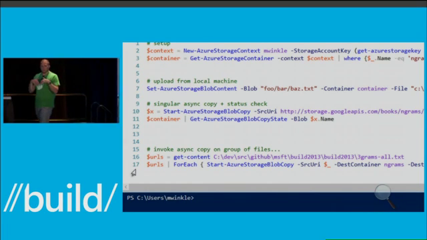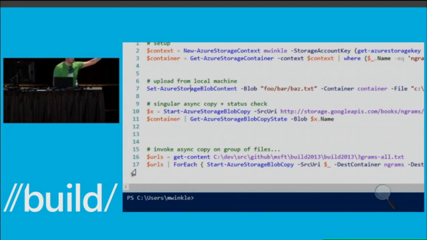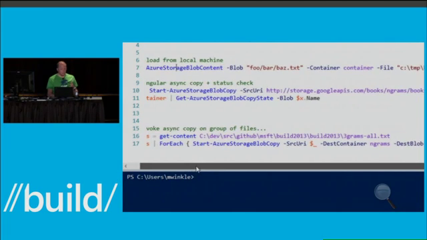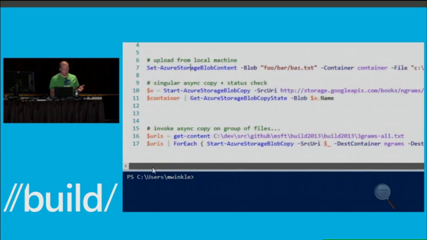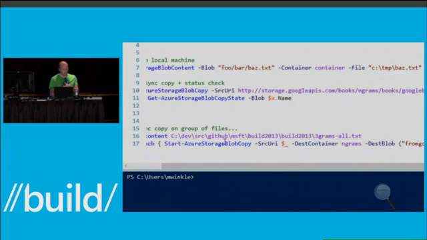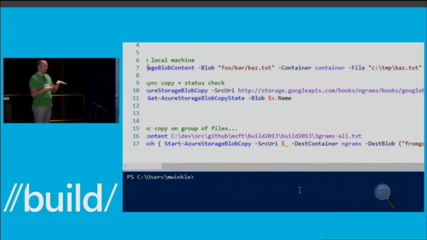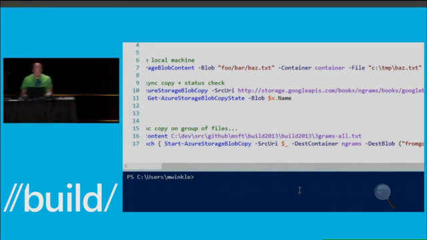I don't have to download that to my machine. So I can just say, hey, Azure Blob Store, I'm really interested in this URI. Go get this. Where that starts to get really interesting, and to help me with this problem, is I wrote a little thing where I extracted out all the URIs into a text file. There's about 760 of them. I just iterated over that set of URLs calling start Azure Blob Copy. What this did was spin up 760 tasks that needed to run. And over the course of the next day and a half, I ended up with